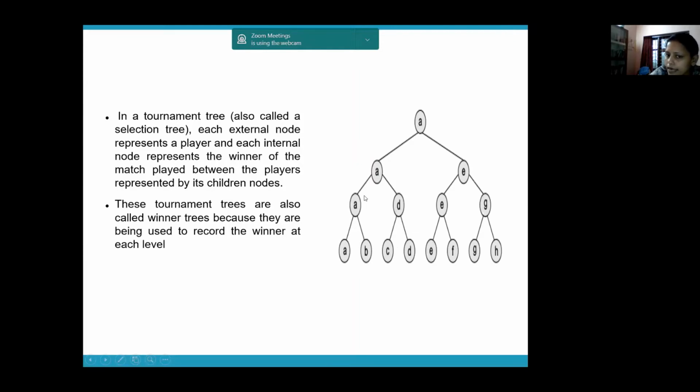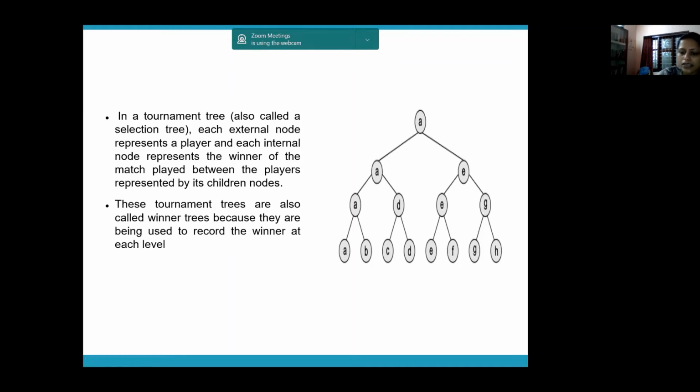Then these A and D, the winners, play a game. That's how it happens in tournaments, right? So A and D will proceed to the next round and they'll play a game among themselves. A is the winner of the match between A and D. In the same way, in the match between E and F, E is the winner. Between G and H, G is the winner. Then E and G will have a game together, out of which E is the winner. Then ultimately A and E will have a match together, from which A rises to be the winner. So this tree depicts the outcomes of a tournament or a game.